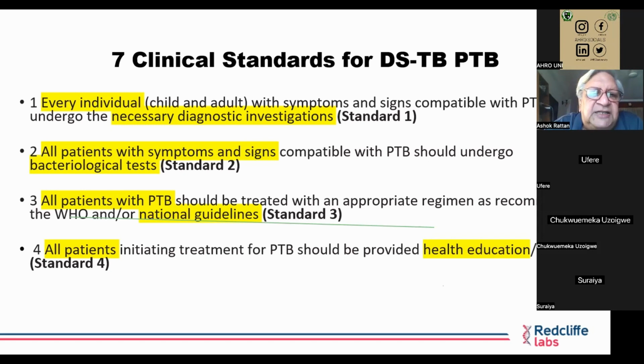The fourth standard is that all patients initiating treatment for pulmonary tuberculosis should be provided health education and counseling. This is a new indication because it was noticed that many persons who start treatment because they are symptomatic, once they improve after 1 or 2 weeks,